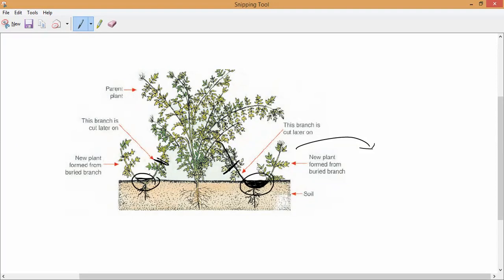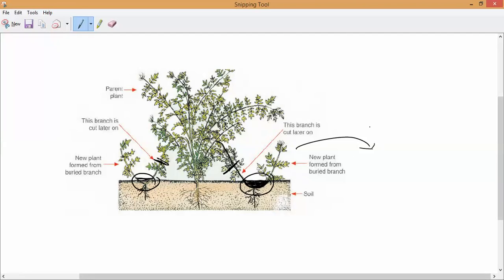Soil which has enough amount of water. That is what we call moist soil. Then it will start producing the roots, and once it develops the roots, we can cut it and it will become a new plant. We can separate it from the parent plant and cultivate it as a new plant. That is what we can do in this layering method.